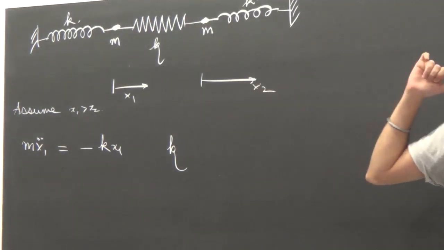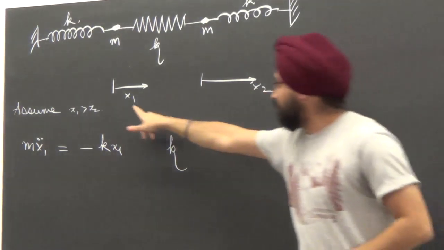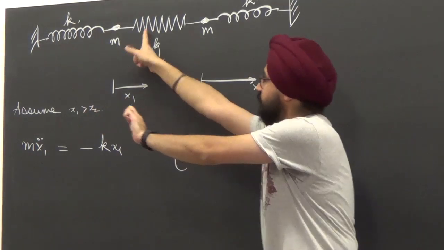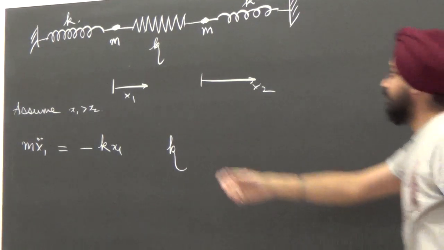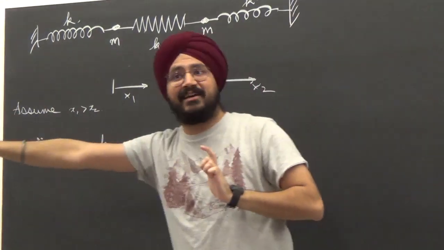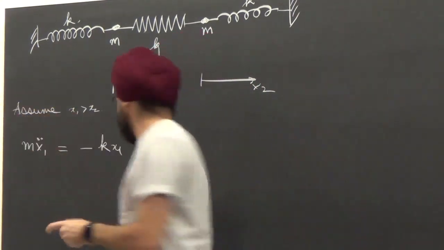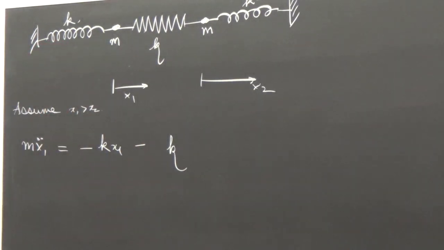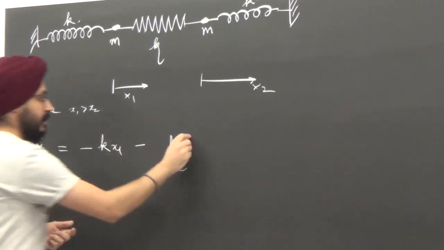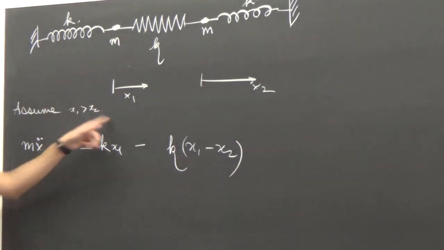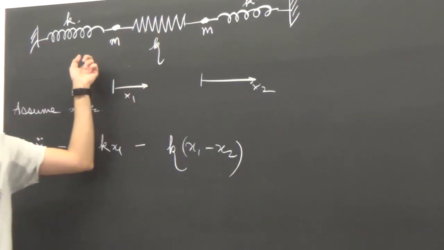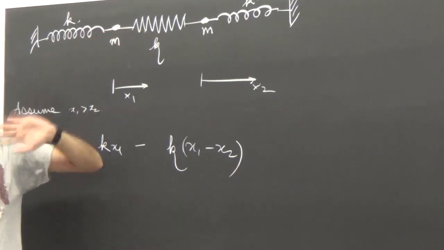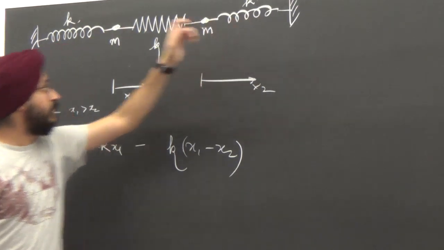Is it going to be left or right? x1 is more than x2. So this one got elongated by a smaller amount than the compression. Hence spring 2 is compressed, hence pushes back, and hence the force is on the left. And how much is it? Kappa times the net displacement over equilibrium, the positive number x1 minus x2, because I assume x1 is more than x2. Is that okay with everyone? Any force from the third spring on the first particle? No, it's not connected, hence no force from the third spring on the first particle.